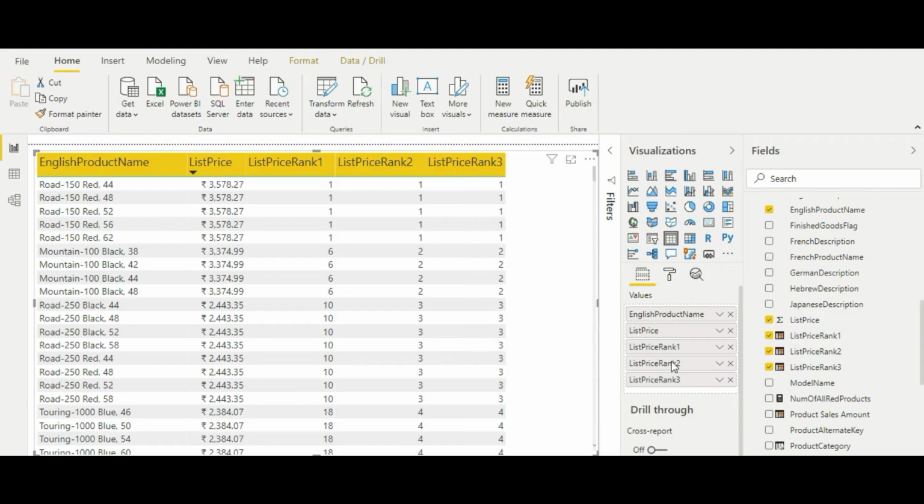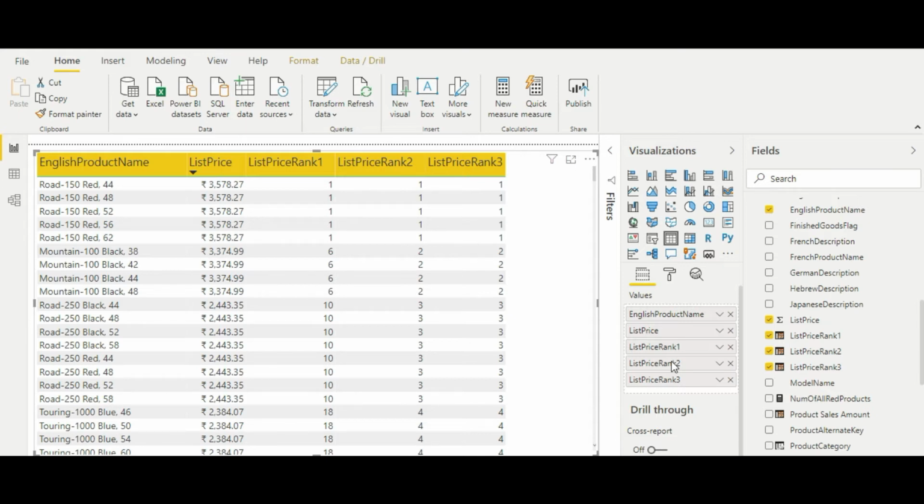So let's get started. I have opened my Power BI Desktop, and as you can see on my screen, I'm taking the same demo which I used in the previous video, that is calculating the list price rank for the DimProduct table. Basically, what we did in the last video was calculate the rank of the products based on the list price, giving rank 1 to the highest list price and so on. In this video we will use the EARLIER function to do the same calculation. If you have not seen our previous video, the link is above, and you can visit it to understand the scenario we will be discussing.